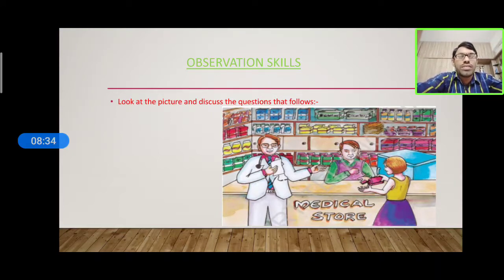Who is the person inside the store? The person is a shopkeeper who is controlling the medical store. And there is one more girl, a little girl, at the bottom right side, as you can see. That girl is a customer. I think she needed some medicines.